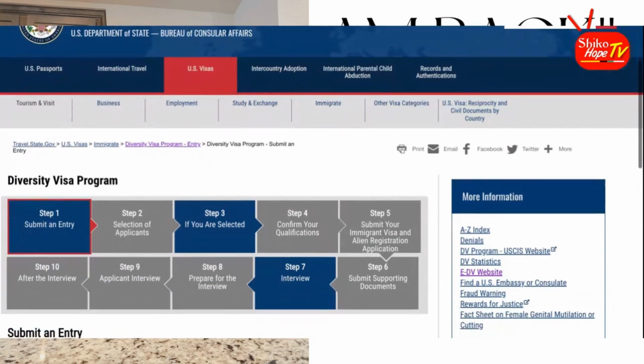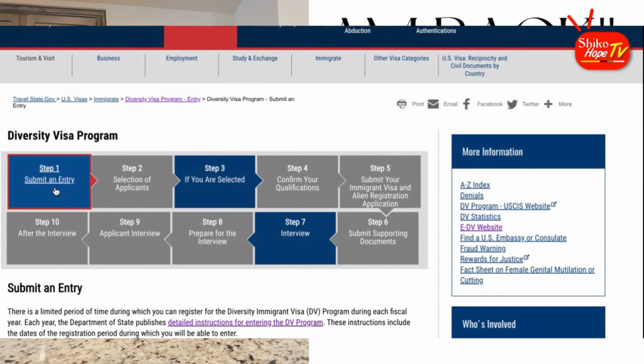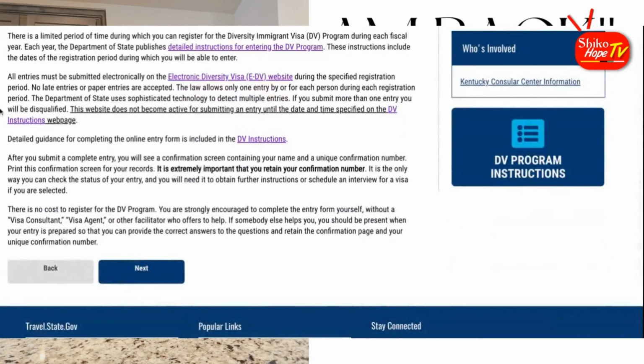Once you are brought to this page, you are here, diversity visa program. This is what we are most interested in. Because we are submitting an entry, it means that you have registered or filled the application form, and now you want to submit it. So you click there, and then you scroll down until here it is written, all entries must be submitted electronically on the electronic diversity visa website. So you click on this link